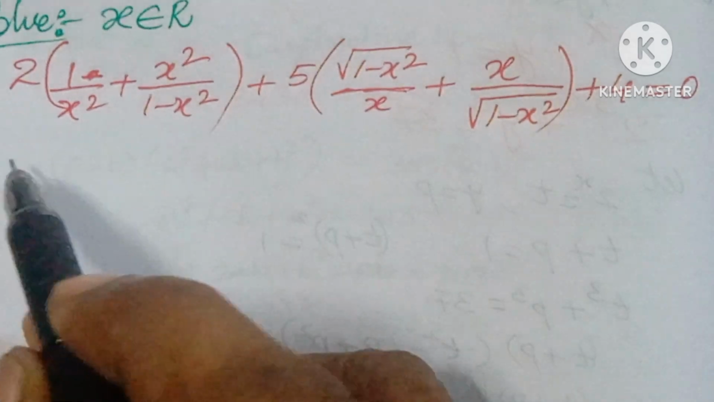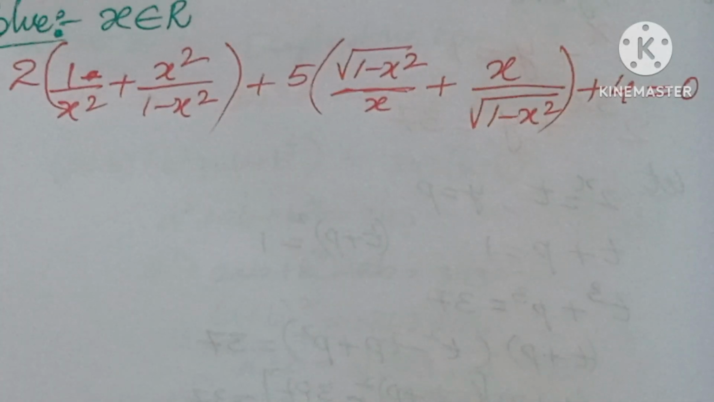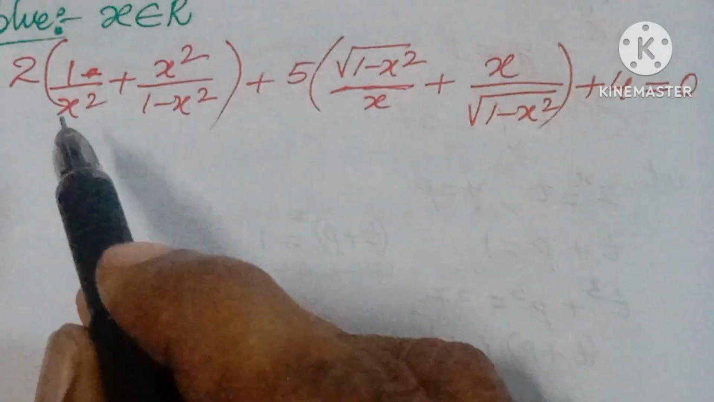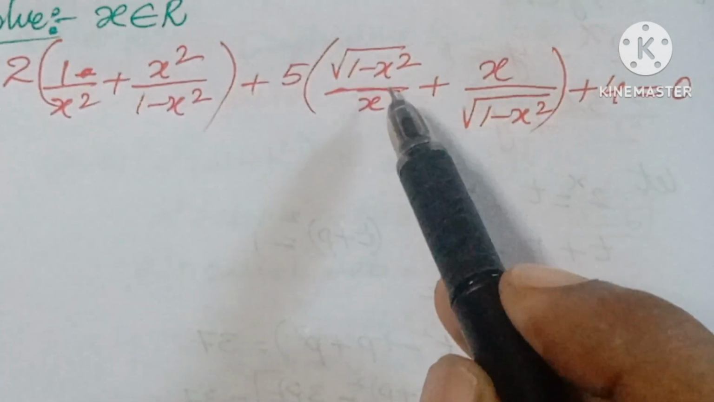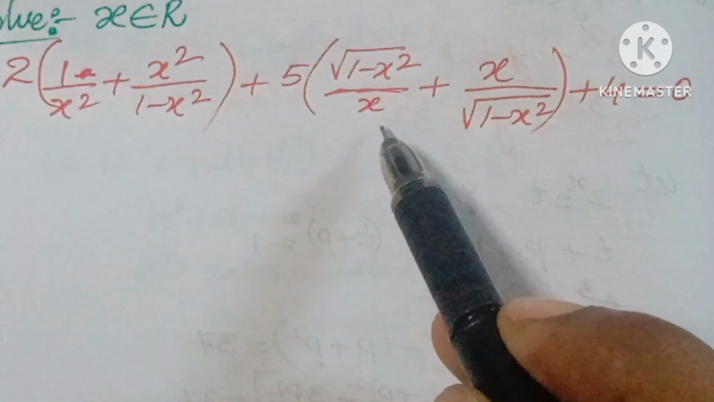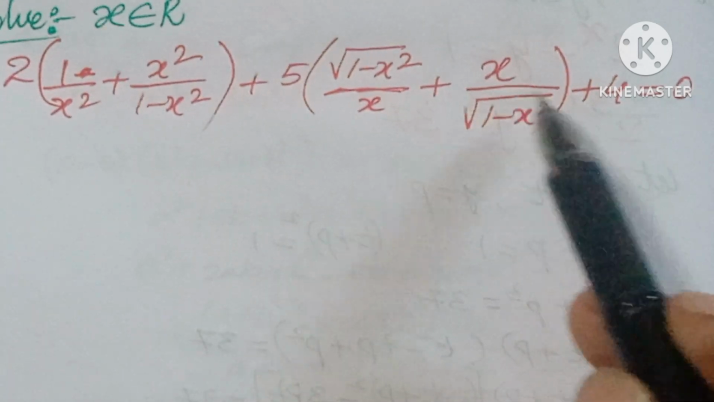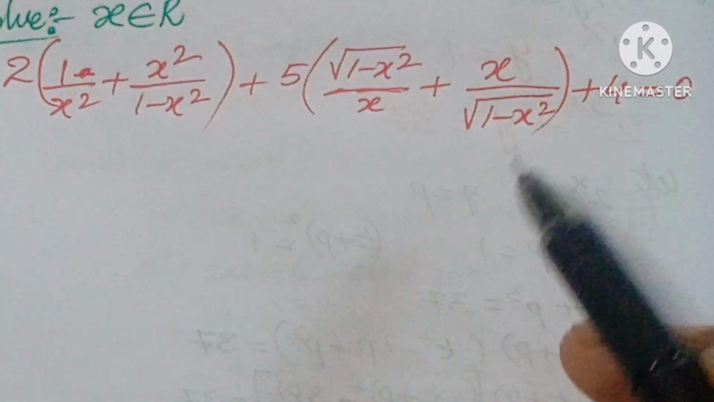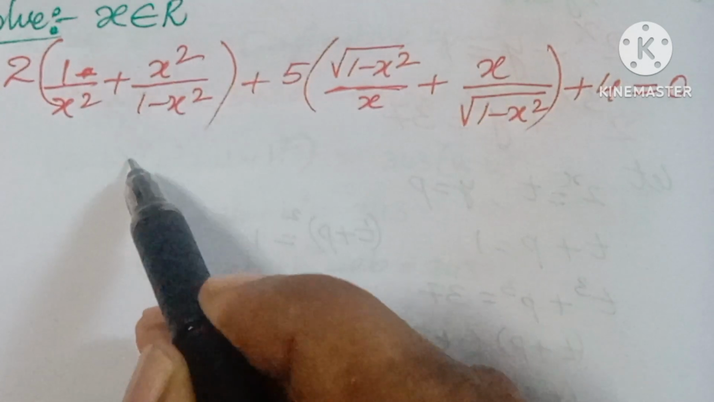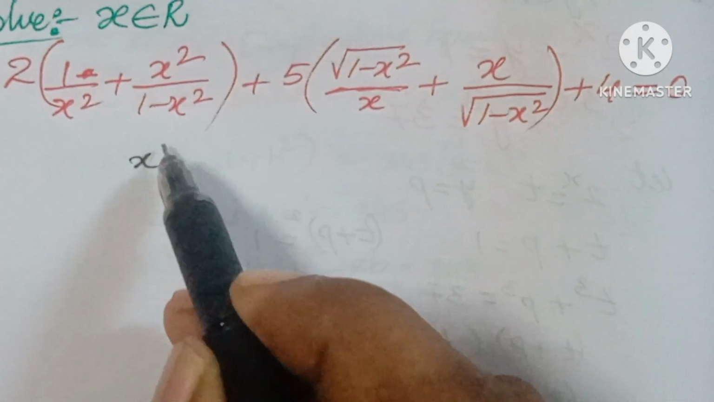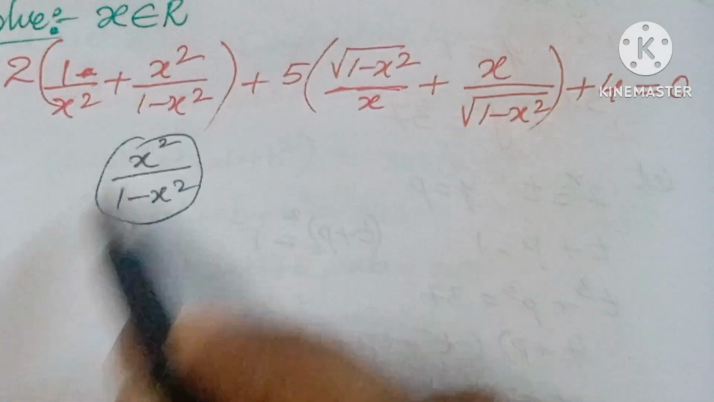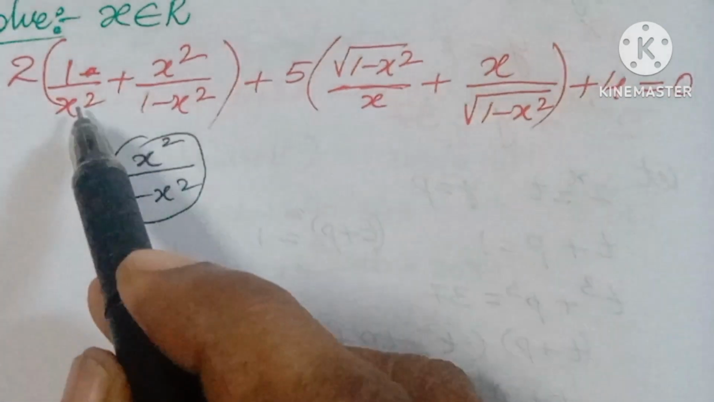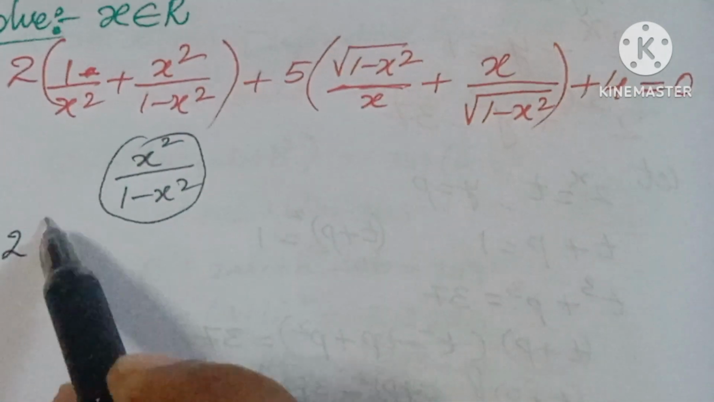So here, how to solve this problem? Some logic is there, that's why this problem is selected. Here x square by 1 minus x square is there. Here root of 1 minus x square by x, x by root of 1 minus x square. This one you have to make the target. So here the value is not there. So what you are doing is